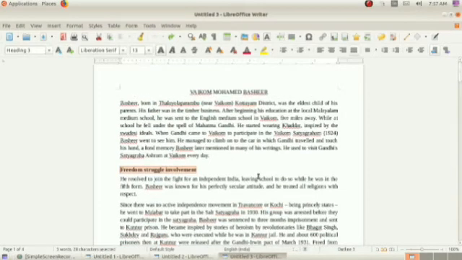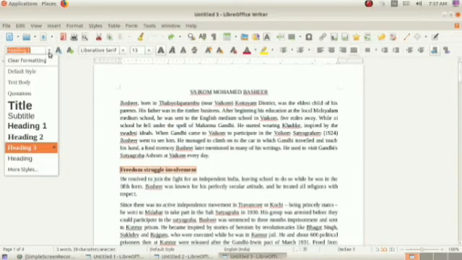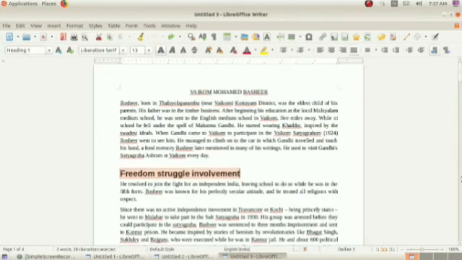Then next, select this first subheading, then I am selecting the heading 1 style. What happened here? The modifications included in the heading 1 style are applied to the given text, isn't it?